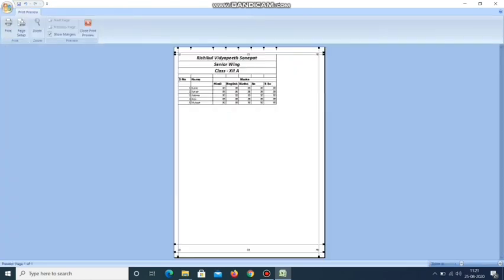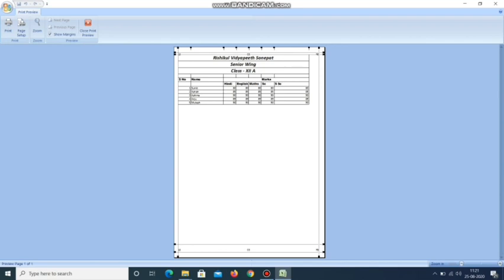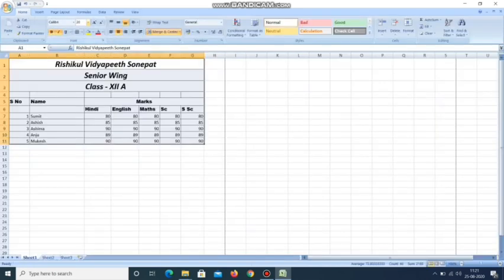Now you can see in print preview again that lines are visible on your work, and you can change the margins and the setting of your lines accordingly from print preview. Like you can drag the name part as it is bigger, you can make equal alignments for all the subject entries, so you can set margins from here as well in the print preview section.